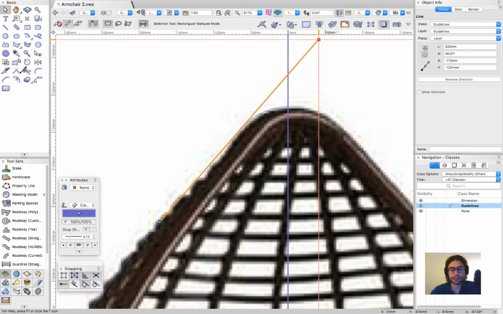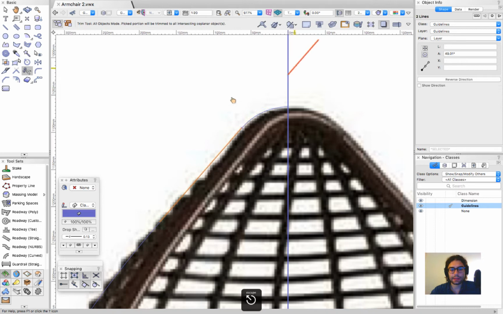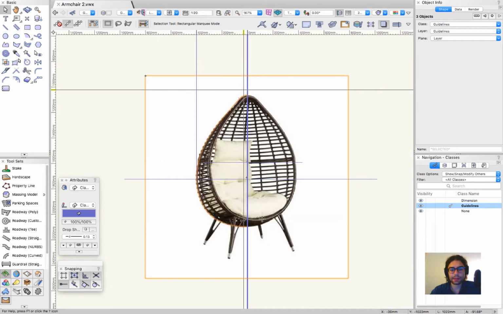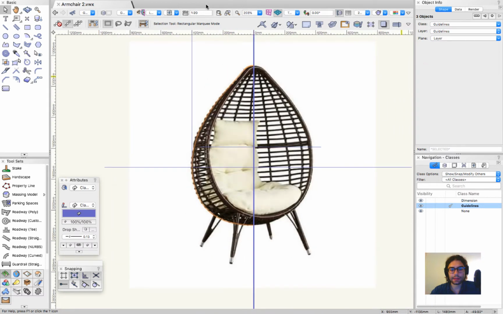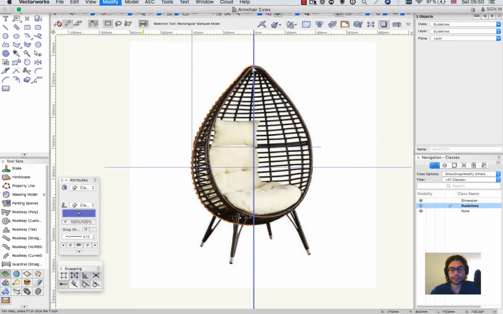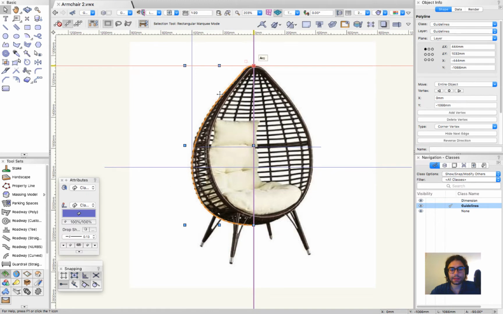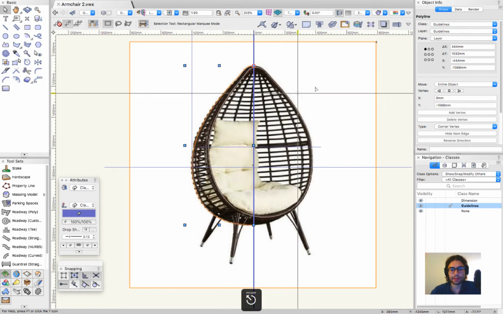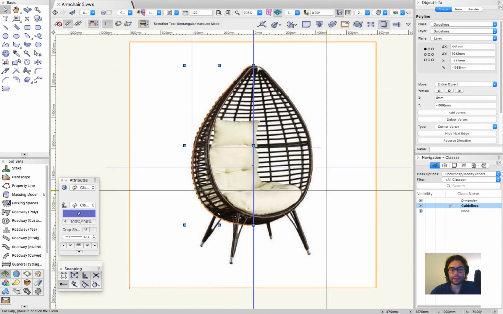Then we need to shorten this one. It could be done through trim. So we have all the pieces of the polyline. Now there are three objects. Please select them, go to the modify menu and find the compose command, and it will glue the lines together. So let's continue. Then we'd like to create the volume, the result of rotation, but we don't know the height